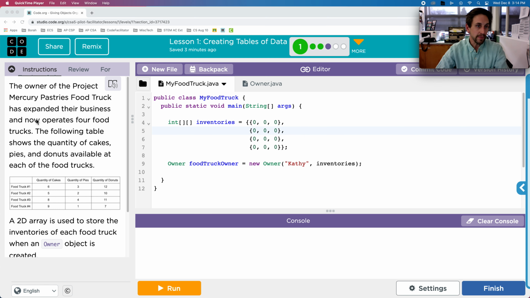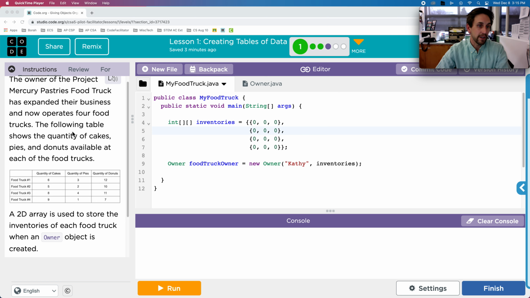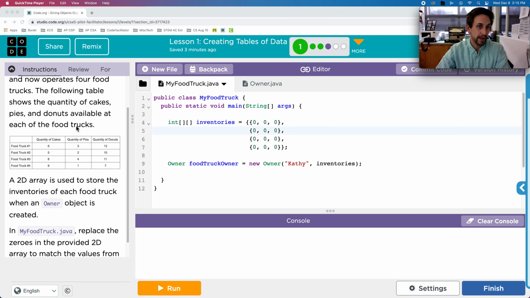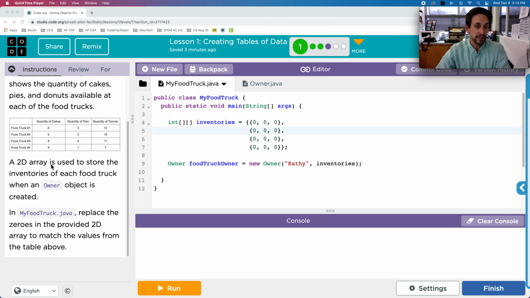Data. In the instructions it says the owner of the Project Mercury Pastries food truck has expanded their business and now operates 4 food trucks. The following table shows the quantity of cakes, pies, and donuts available at each of the food trucks. So it says a 2D array is used to store the inventories of each food truck when an owner object is created. And it says in myfoodtruck.java, replace the zeros in the provided 2D array to match the values from